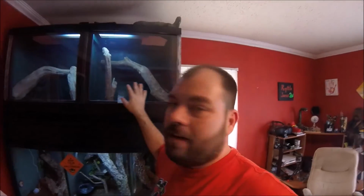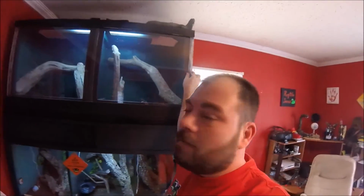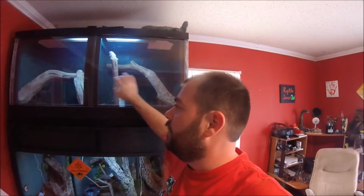Now there's nothing in there. It's not completely done. I've got to put some more trim on here because you can tell the doors are loose. But I'm not totally sure just yet what I want to place in there. Now I have some ideas, but then I'd have to buy new reptiles, which isn't a bad thing. However,